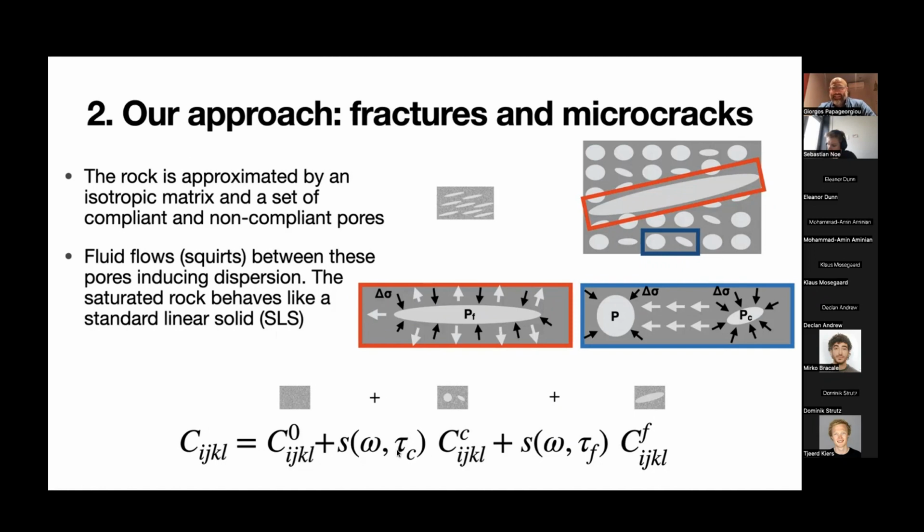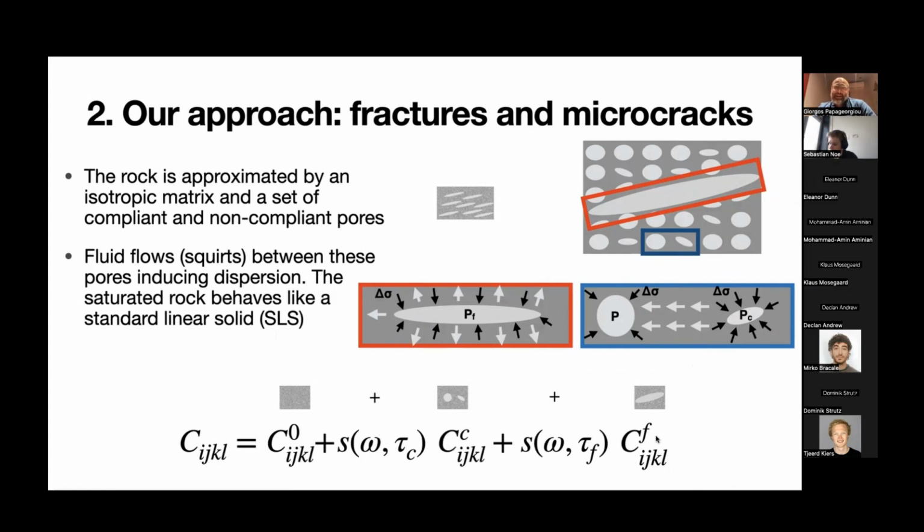This is the thing that determines how the fluid that moves in and out of compliant and non-compliant pores, essentially because of its viscosity, makes the whole thing appear a little stiffer, and that has a certain tau value, a certain characteristic frequency, that is determined by how far away these guys are. And then you might do that by adding a set of compliant and non-compliant pores in one scale,